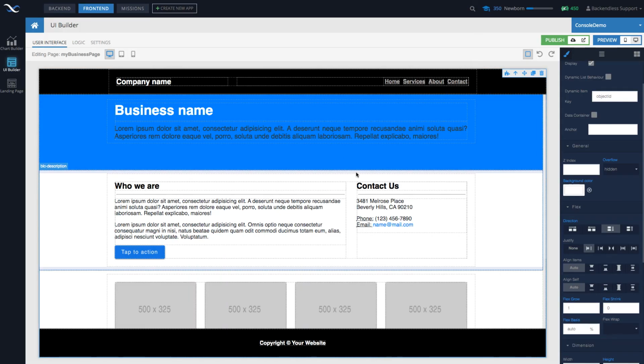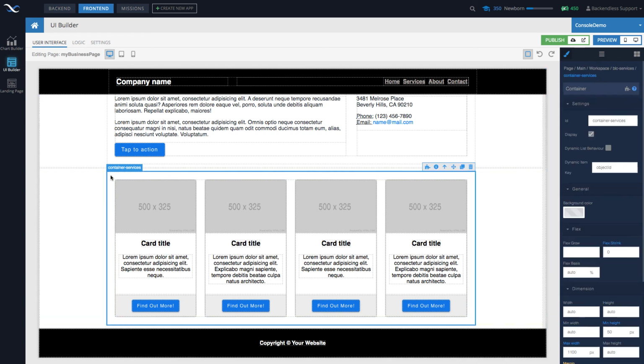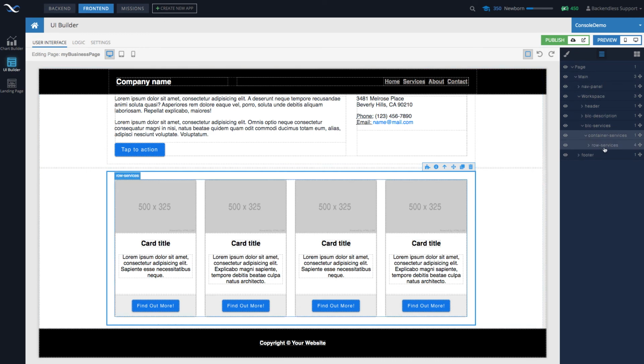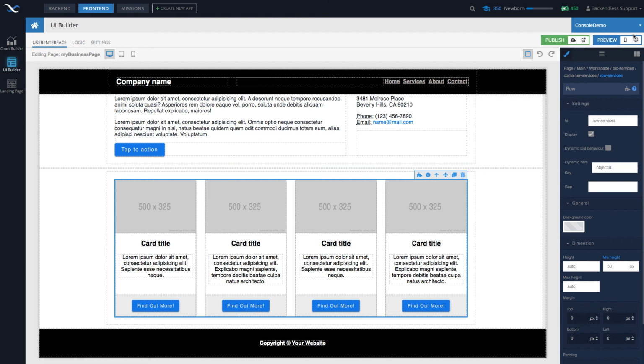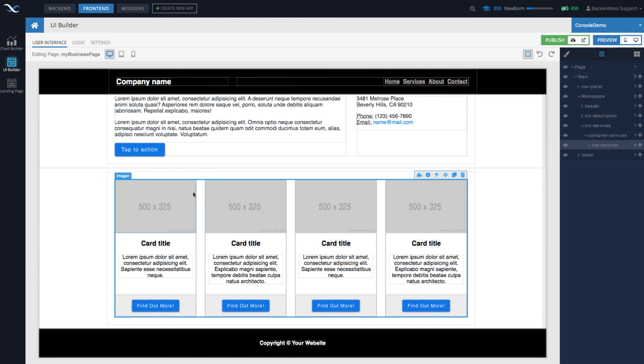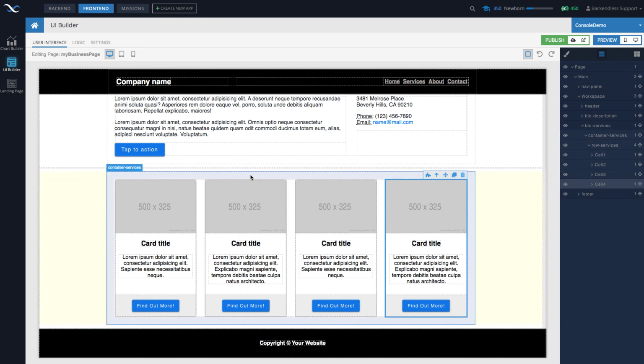This is the best way to actually learn how to structure these components. So for instance, in here we have a container that consists of 1 row. Let's take a look at this container, and this is row-services is going to be that row, and that row will consist of multiple cells. So in fact, this is going to be cell 1, cell 2, 3, and 4. So as you can see, here's the cells being laid out in the row.